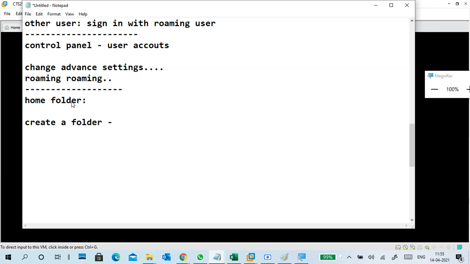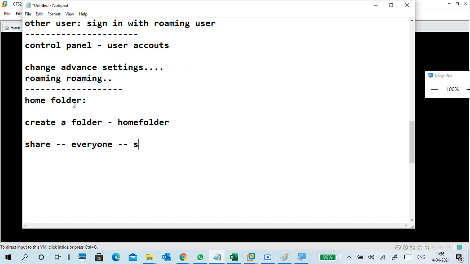The name of the folder is home folder, without spaces, or you can give any name if you want. You can give a different name also, but it is easier to understand with the same names. In organizations, they'll give different names. Next, share the folder. Share it to everyone.